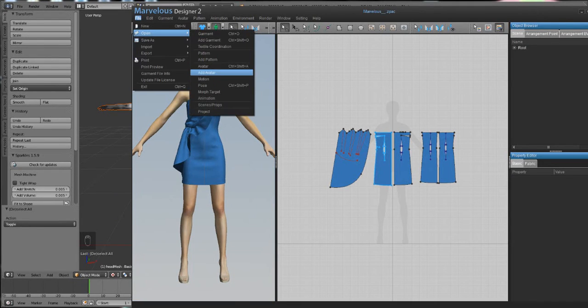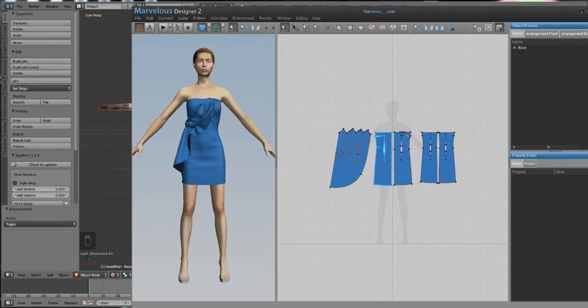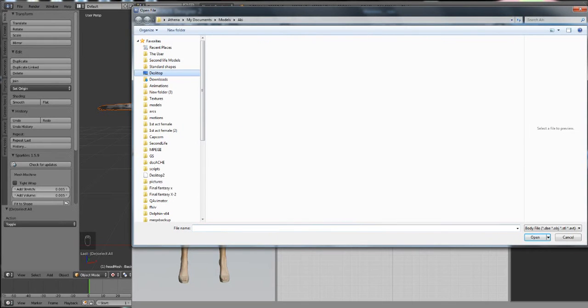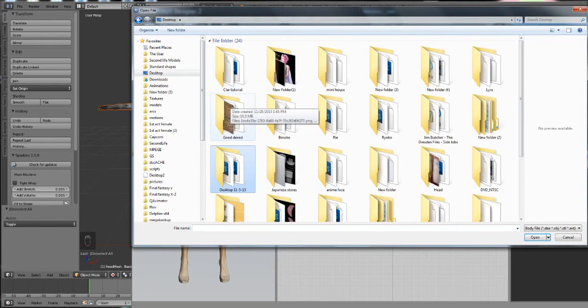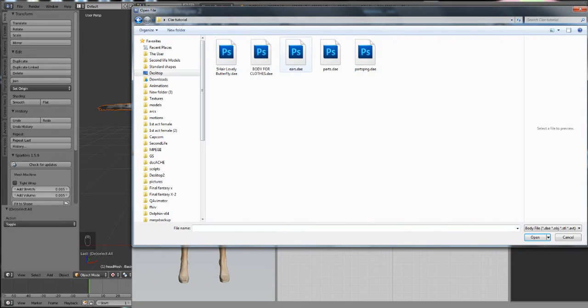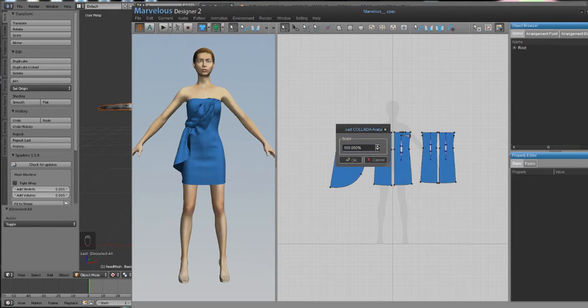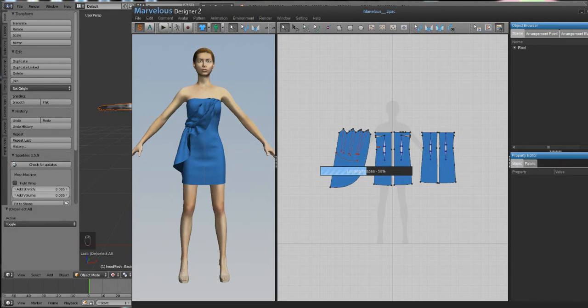Now we open up Marvelous Designer, which I'm surprised I actually could. Open new avatar. Here's hoping everything goes right. Clear and body for clothes. Hit OK and